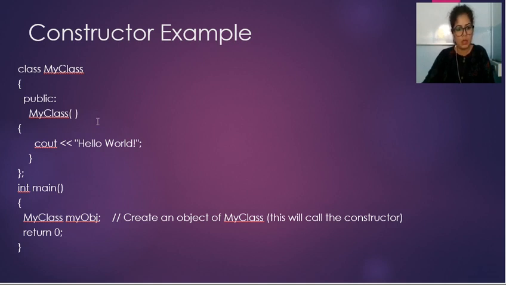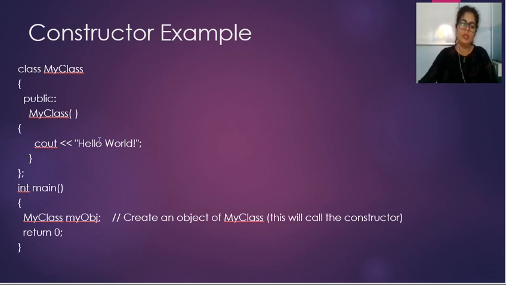It means it is a constructor. Now in the next line, in the curly bracket, I want to print the message: cout hello world. For example, if you want to print any message, you can give the message here. Then curly bracket close. This curly bracket close means you are closing the constructor, and then curly bracket semicolon. Curly bracket semicolon means here you are closing the class. So that was all about class and how you can use a constructor within a class.